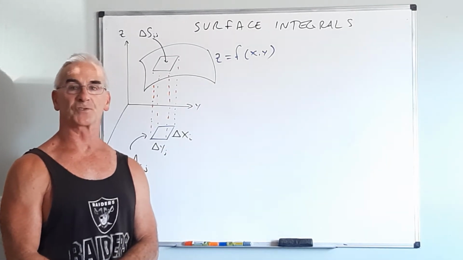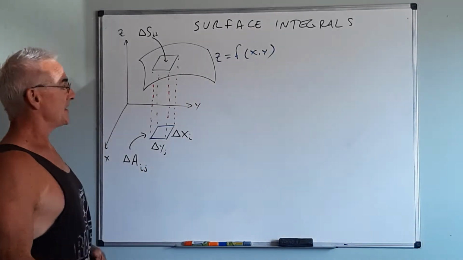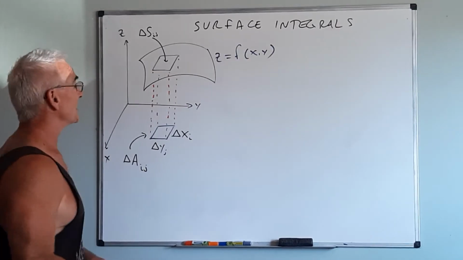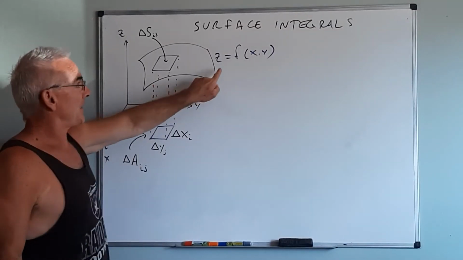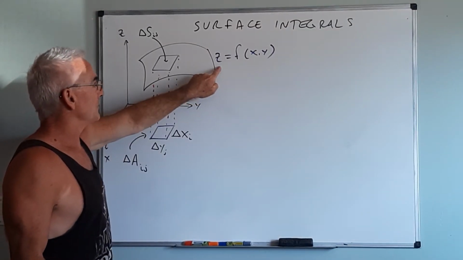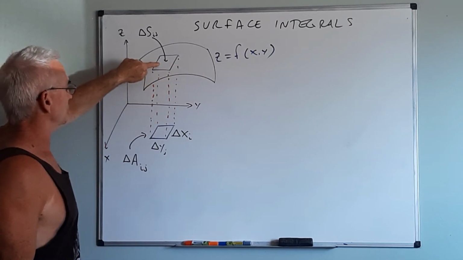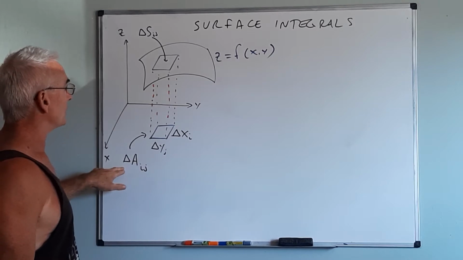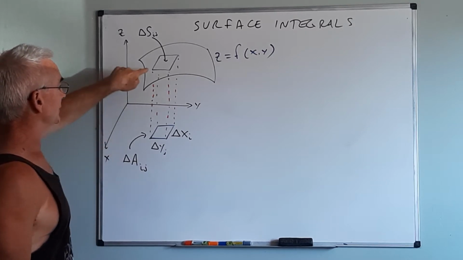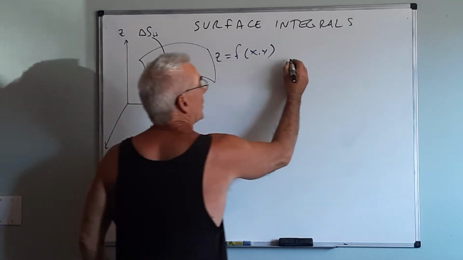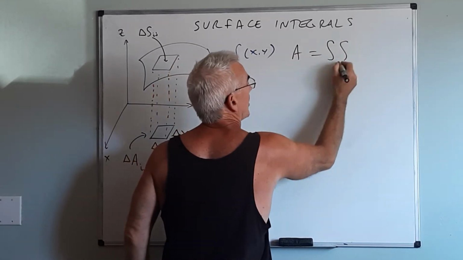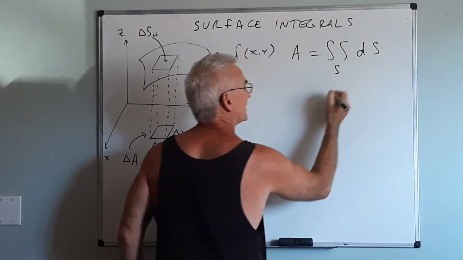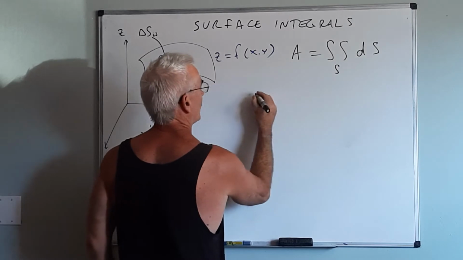We want to introduce the surface integral. Now we already know how to find the surface area in 3 dimensions. If I have a surface defined z equals f of xy, we took little patches on the surface when we projected it onto the xy plane, and then added all of these up, and then we scaled it over a multiplier. We knew that this was the double integral over the surface of ds, but the surface area parameter we